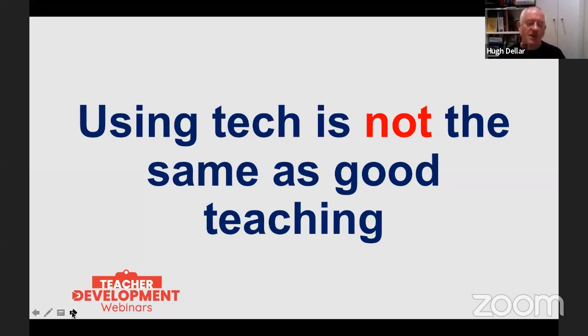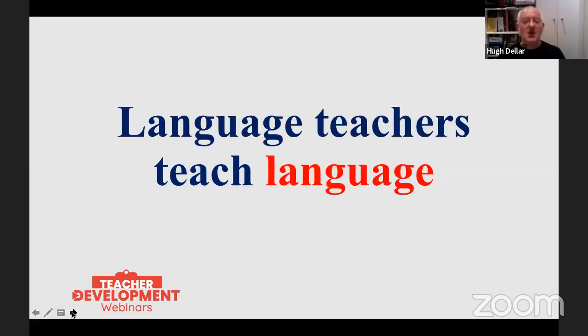And I think what we need to remember is what's the bottom line when it comes to what we do as language teachers. My favourite ever quote about language teaching was by Michael Swan, the grammarian, who once said, "Language teachers teach language." That's it, that's simple. My own feeling is we should probably all have this written on the wall above where we teach to remind ourselves of what we're there to do.